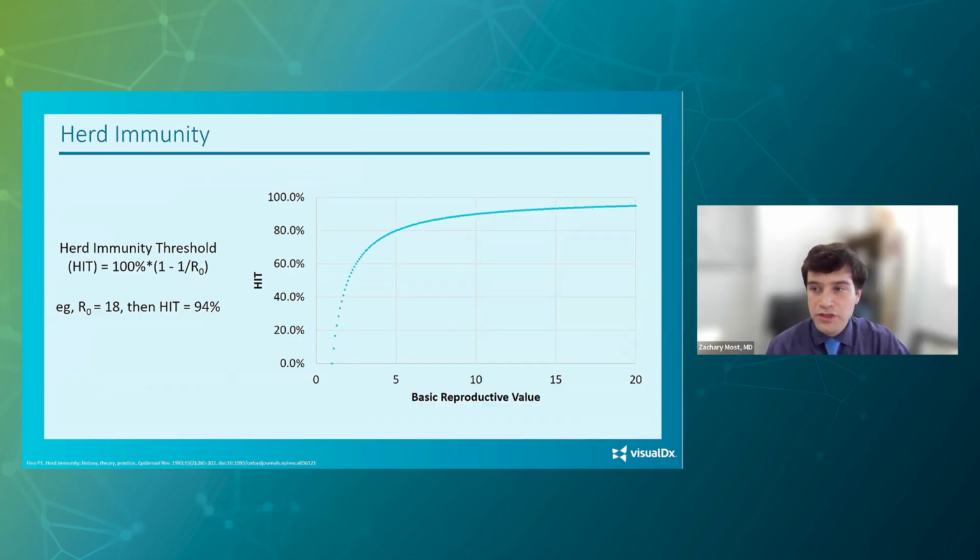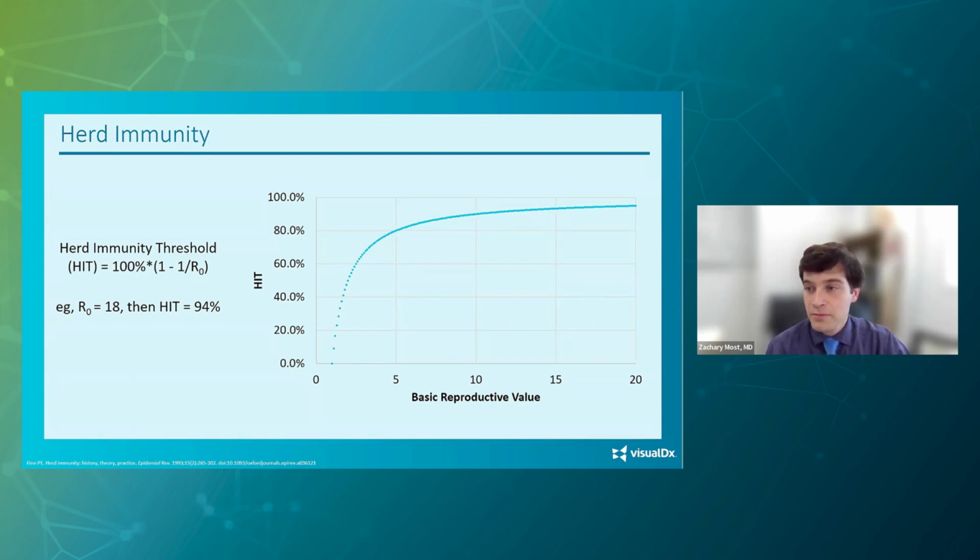Herd immunity threshold is a term you're probably hearing a lot in the lay media and medical circles. This is a term that's meant to be used in vaccination campaigns to set a target for vaccination levels in order to prevent any endemic transmission and outbreaks. The herd immunity threshold depends on how contagious the disease is, and you can use a formula where you compare the R naught, or the basic reproductive number, to calculate what the herd immunity threshold is.